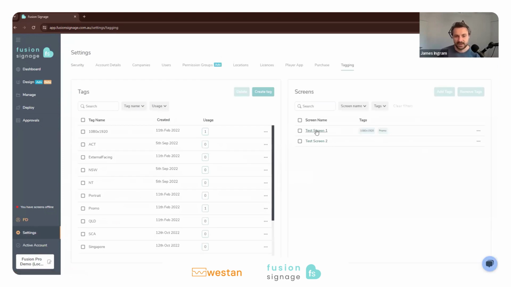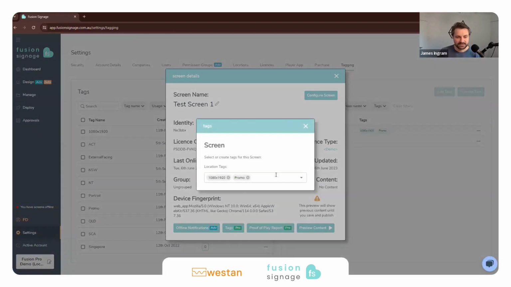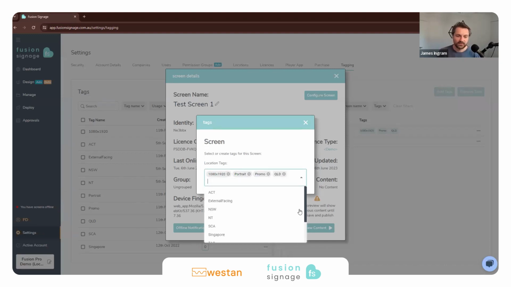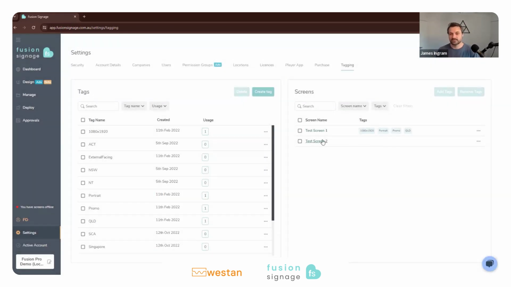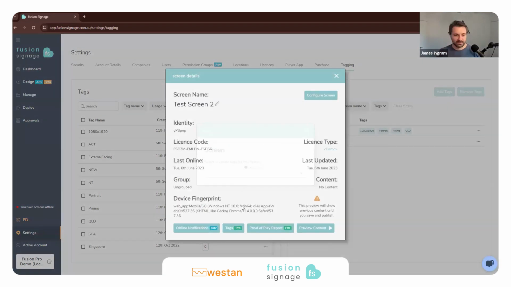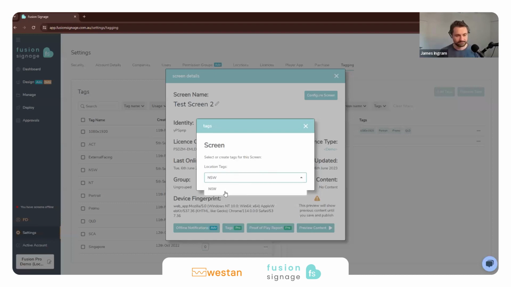So from here, you'll have a list of all your screens. And in here, I can say, what tags do I want to add to this? I could add in, it's a Queensland screen, for example. I could add in, it's a portrait screen as well. You can fully customize how these tags are added in, whatever makes sense to you or your customers. But now what we can do is start to tell the content which screen it needs to be on. So if all these screens came through and I said this one was New South Wales, for example,